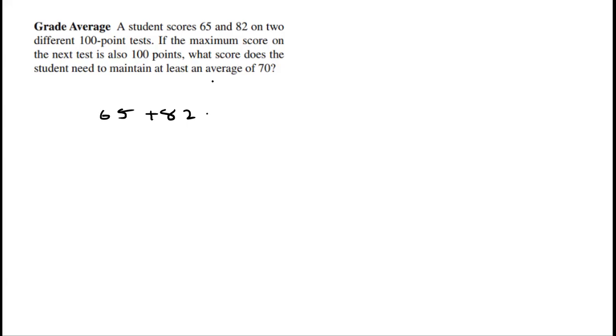But we don't know the third test. That's what we're looking for, right? But we know we want to find the average, so we have three tests, so we're going to divide by three, okay? And it says